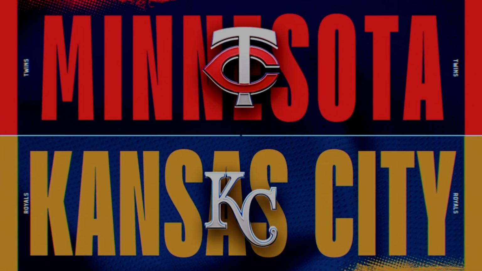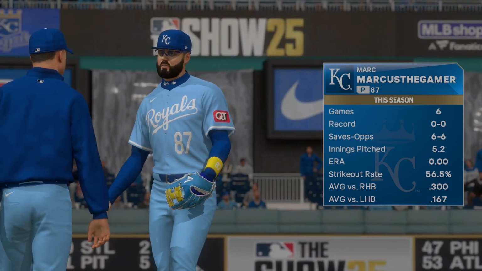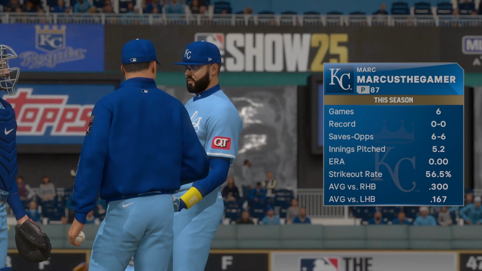Closer summoned from the bullpen, Rocket. Well, the best relievers love the opportunity to come in and protect a tight lead late in the ball game. Some of them are just...